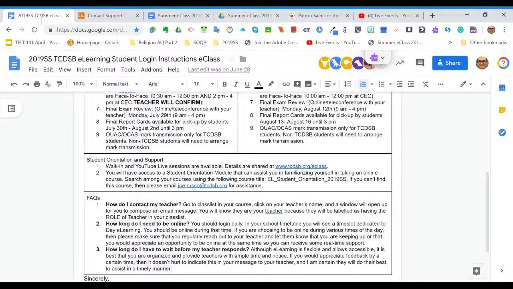And I would log in first thing in the morning, like 9 o'clock, because teachers tend to provide updates at the beginning of the day. But I could be wrong. Let's see how your teachers handle things. Ask them when they're going to provide updates. They'll be very scheduled and regimented because they're trying to keep everyone organized as well, right? So that's a great question. Thank you so much.